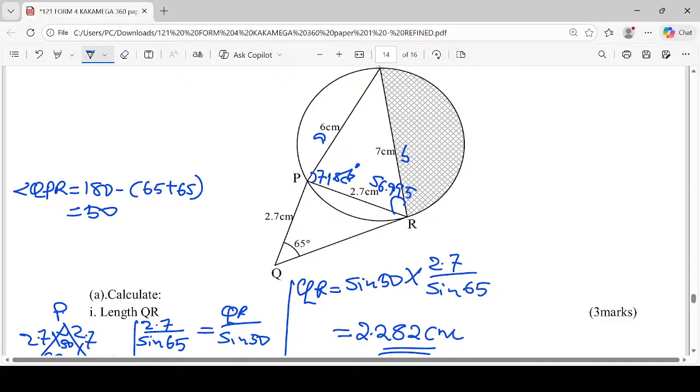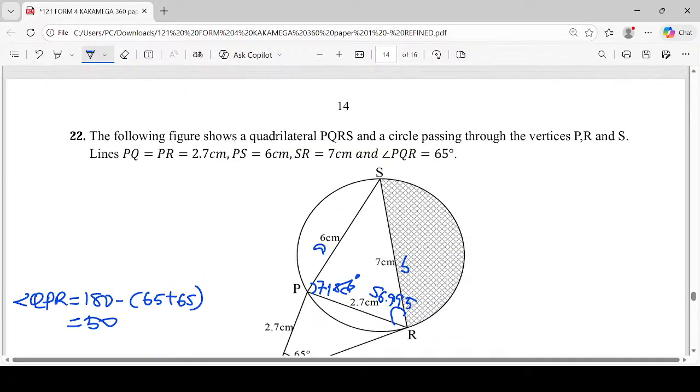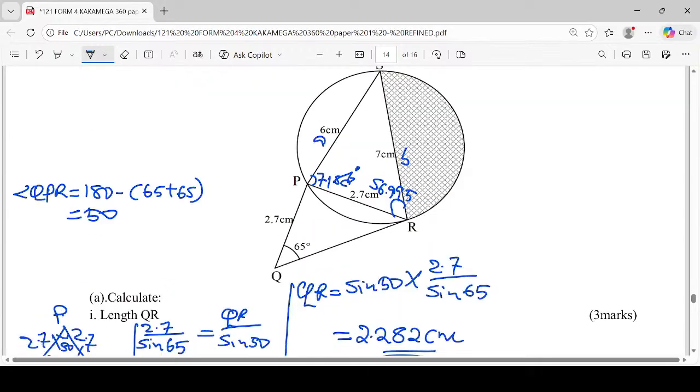Remember that the best way for you to work out this question, you should be able to calculate the area of this shaded part. It should be the area of that sector minus the area of the triangle. So